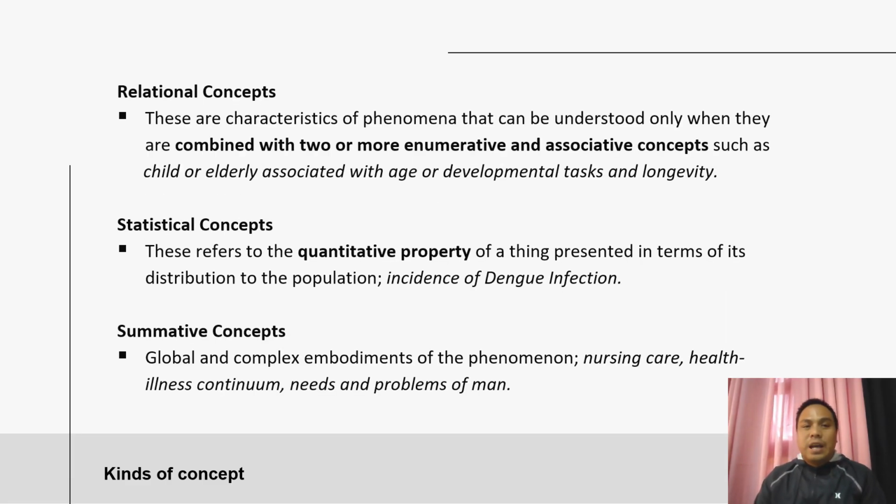Next, we have your relational concepts. Relational concepts are characteristics or phenomena that can only be understood when they are connected with two or more concepts, such as enumerative or associative ones. So they do not stand alone but gain meaning when examined in relation to others. For example, being a child or elderly can only be understood when linked with age, developmental tasks, or longevity. In nursing, relational concepts are used when studying how age relates to coping skills or how family support influences the